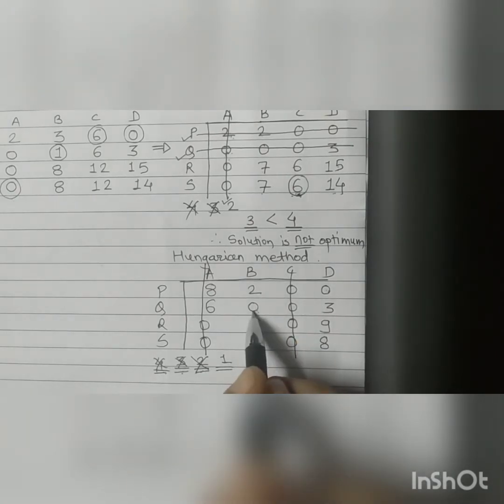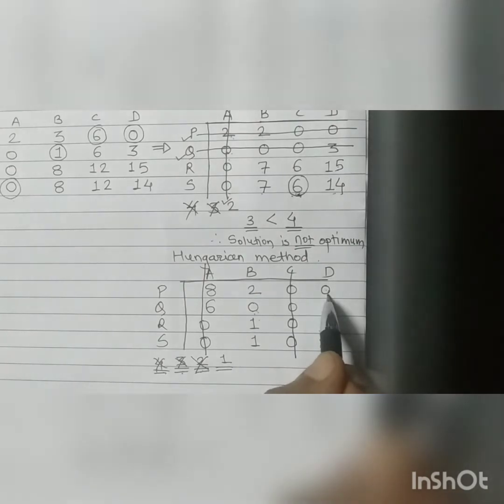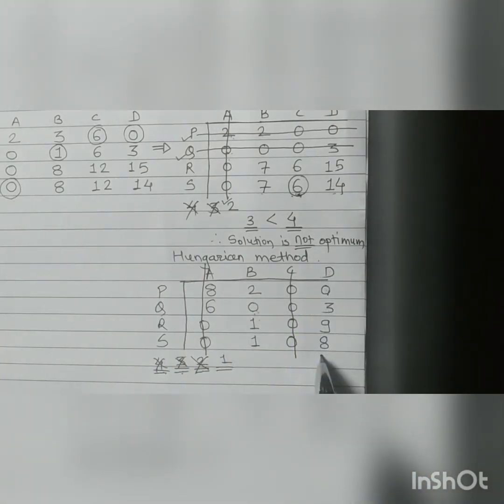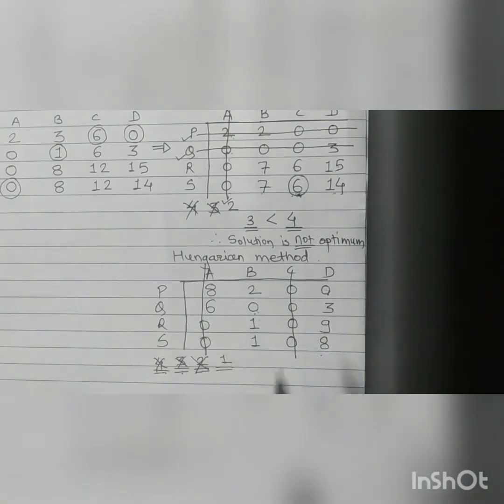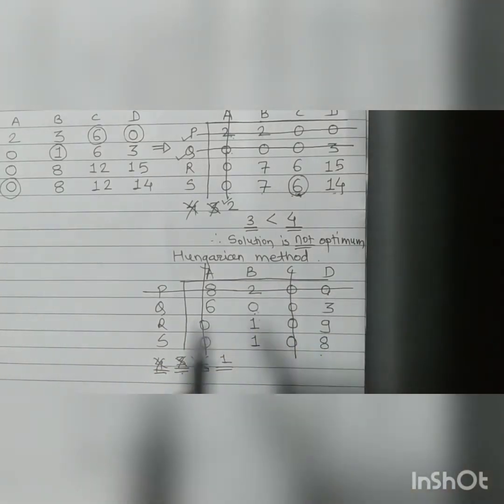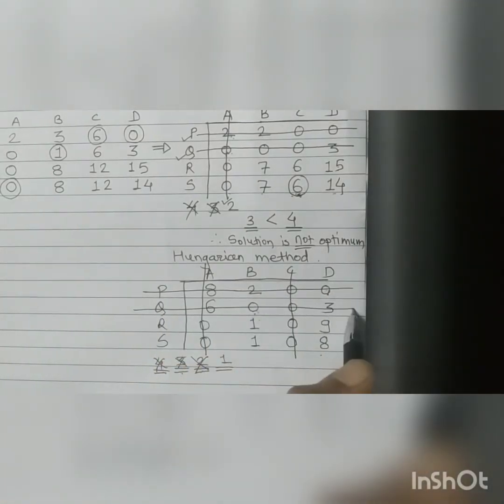So reduce this count by 1 and now search for 1 zero. Can you find 1 zero? Yes. Here is a single zero and here is again single zero. So you can draw a vertical line or horizontal line, depend on you. Here also you can draw a vertical line or horizontal line. So here I will draw a horizontal line, and here also I will draw a horizontal line. So all the zeros are covered.